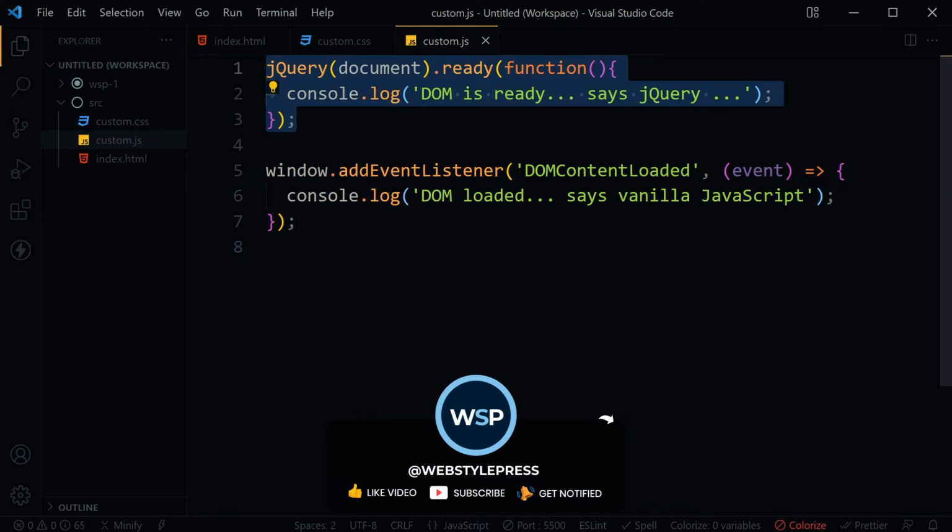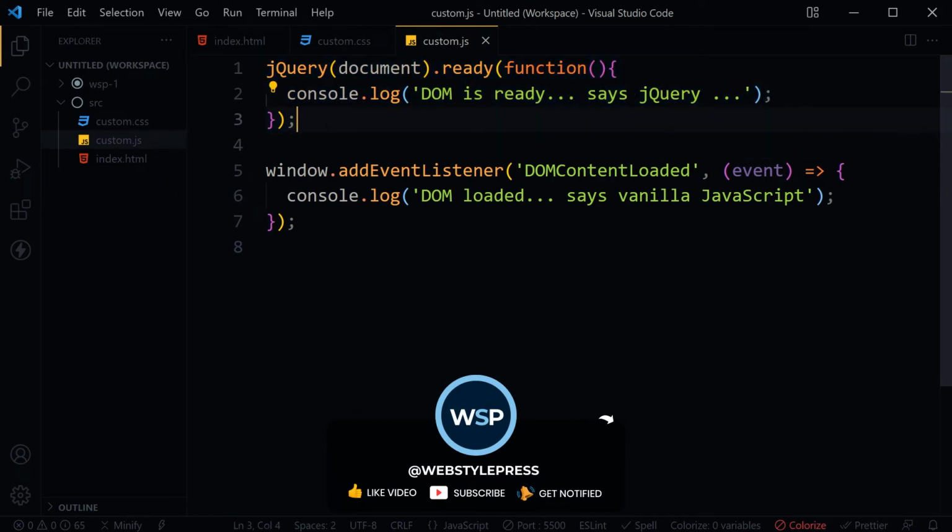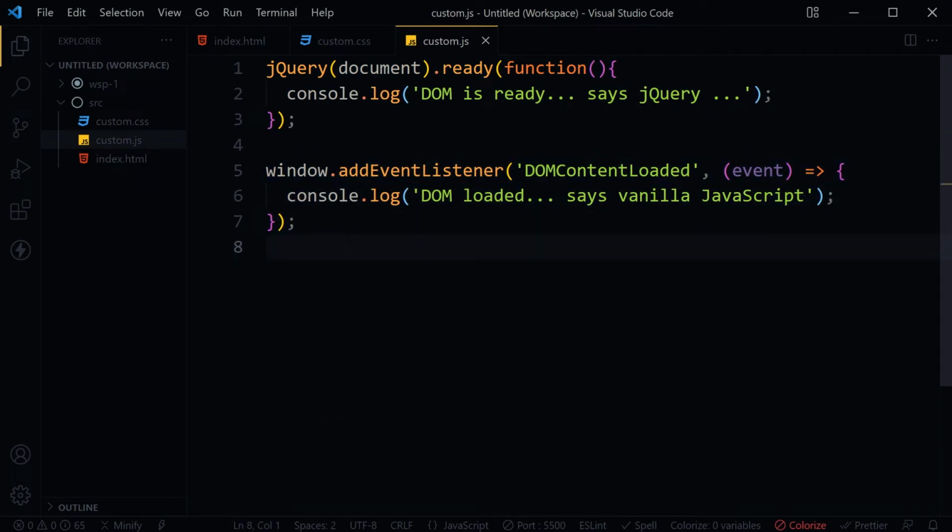To check the DOM is loaded, use this method in jQuery and this method in vanilla JavaScript. Always check when the DOM is ready and put all of your scripts in it. Do this when working with vanilla JavaScript and jQuery, not with React.js or such libraries and frameworks, which have a different mechanism for that.